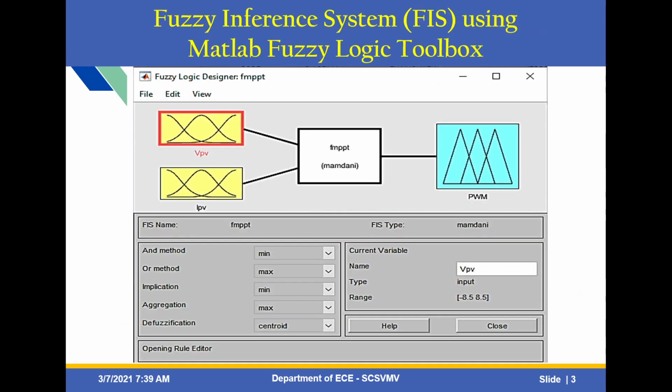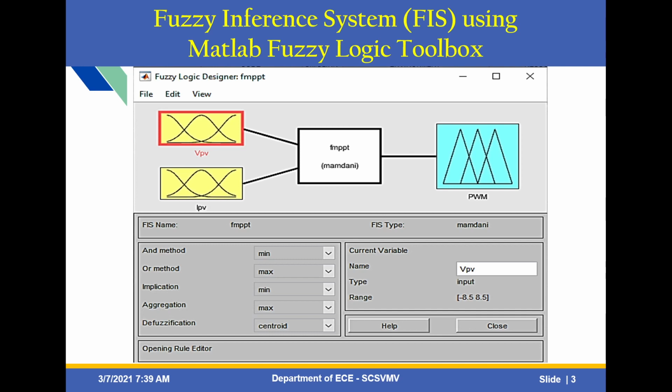Here we are using fuzzy inference systems from the MATLAB fuzzy logic toolbox. In this section, the photovoltaic cell operation under various weather conditions is analyzed, and based on the temperature, the performance of the MPPT controller is developed using a fuzzy logic controller, that is, a Mamdani fuzzy logic controller. The MPPT plays an important role in a photovoltaic power system. The PV power generation changes with respect to sunlight irradiance and temperature.